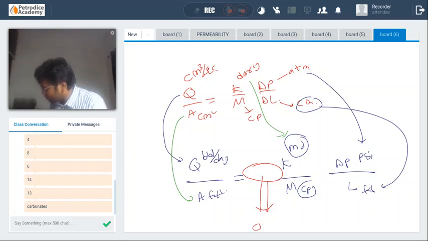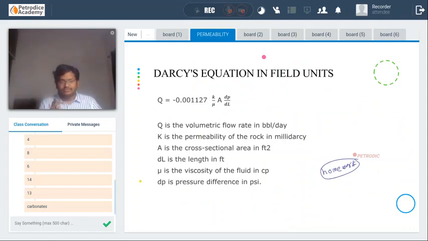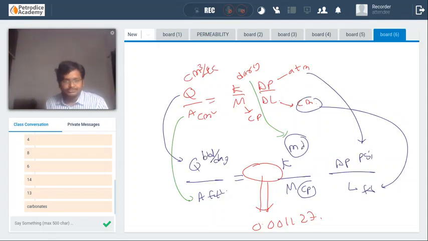And find the conversion factor, and it must be equal to 0.001127. Okay, this is your homework, guys. Leave one particular page for this and do it. Once do it in your rough notes and see whether the answer is coming or not. Once you got the answer, write it clearly and neatly in your class notes. Okay, this is your homework.